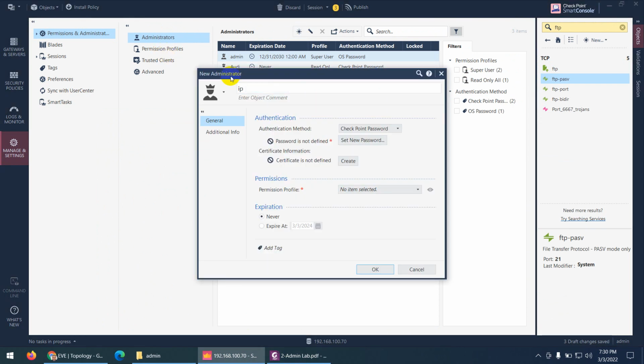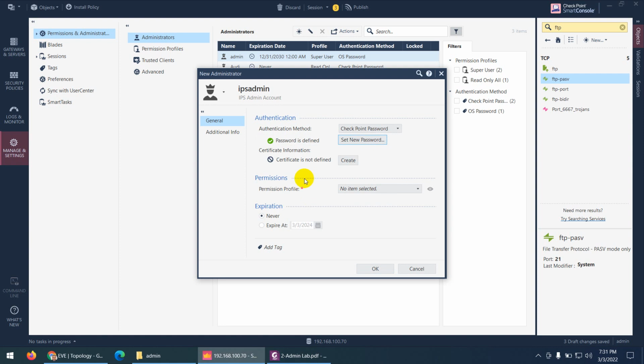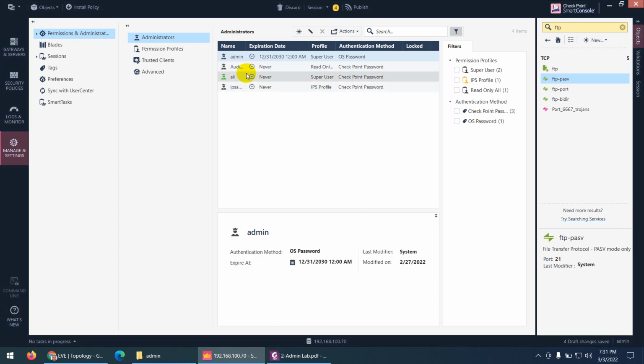So let me give them a name, IPS admin, and here I would say IPS admin account. And the authentication method is Check Point, and set new password 123456. User must change the password on next login? So I say no. I don't want to use a certificate. And when I click here on permission profile, now you can see the new profile is here, which I created previously. So IPS profile, and expiration we say never,